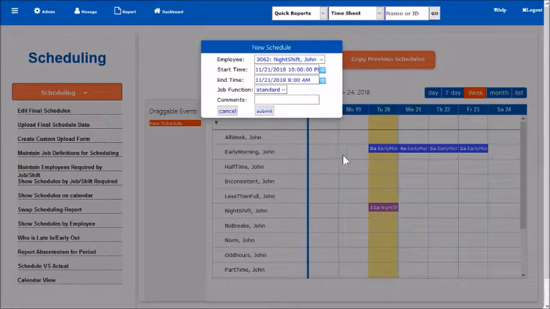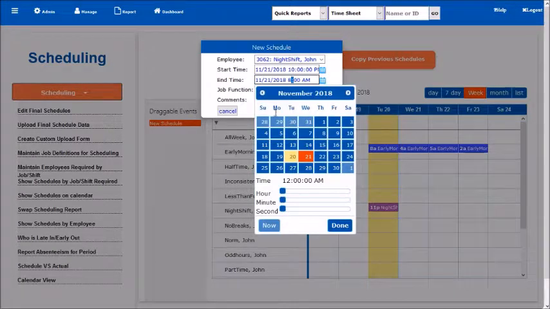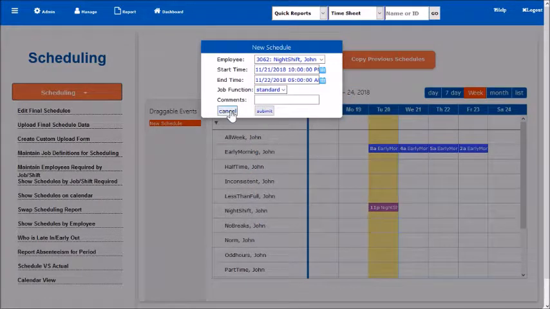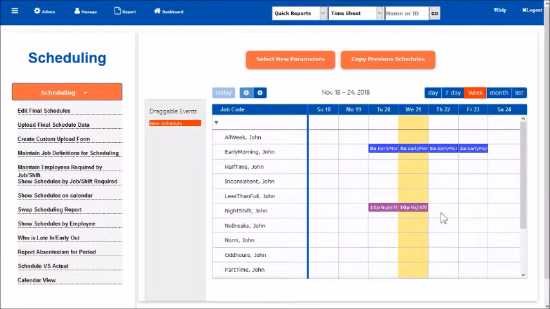He comes in at 10 p.m. that night. And on the 22nd, he's leaving at 5 a.m. So that's one way to make the updates to the calendar, and probably the easiest way to make the updates to the schedule, because you can see everybody's schedule laid out and it lets you actually fill in the details